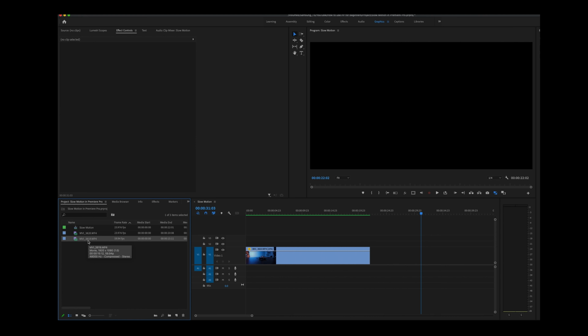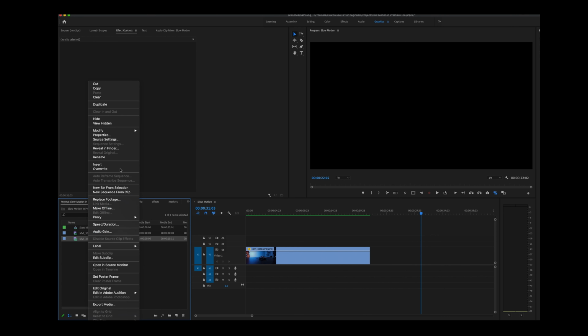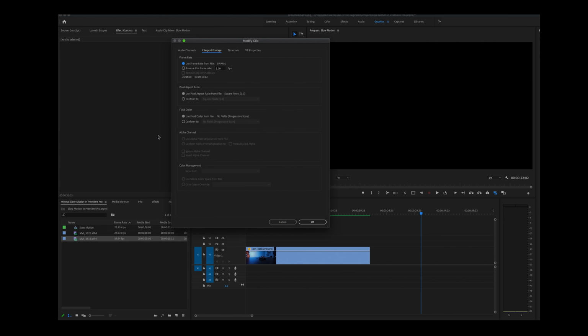And you'll notice there's no digital warbling, there's no funkiness going on because it was shot like that. Now, there's another way to slow this footage down, and I like to use it a lot more because if you have multiple clips shot in 60 frames per second and you want to slow them all down, it is a pain to go in and do that to every piece of footage that you want to put into your project. So if I right click on the footage in my project window, I'll go up to Modify, Interpret Footage,